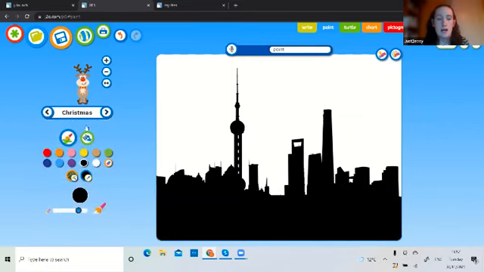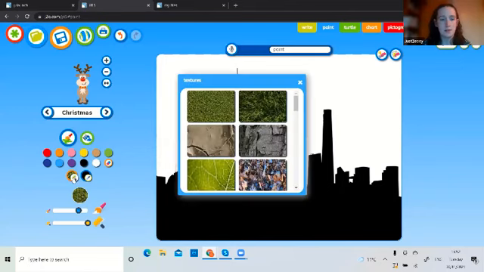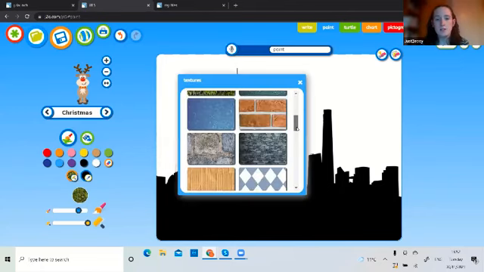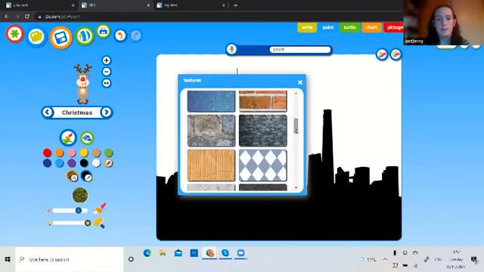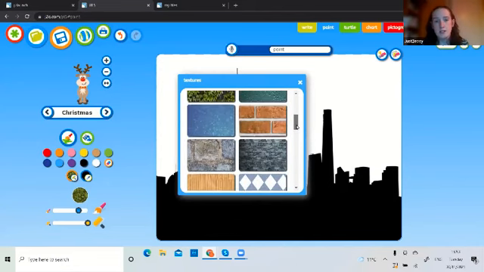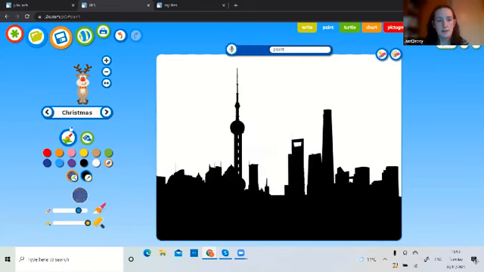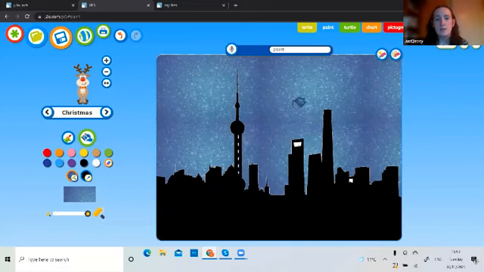Before I do that though, I want to fill in the background of my picture, and there's a really lovely tool for this here, which is like a texture pattern tool. If you see just here underneath the colours, it looks like a little bit of grass, and if I click on that, oh my computer, there we go. We've got all these different patterns that we can paint or fill onto our picture. So I like this one here, which looks a bit like a starry sky, and I can just fill that in because my background is white. It's a really nice little tool for children to easily get a nice effect on their picture.